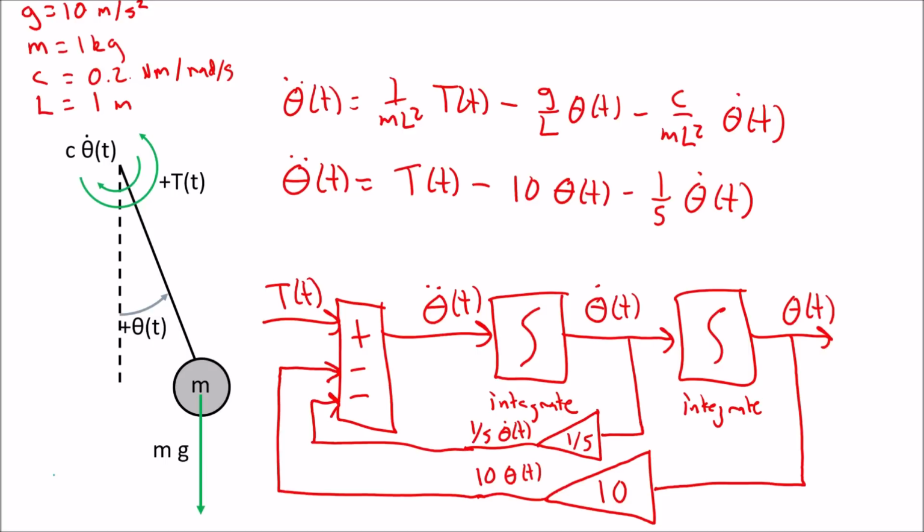Now, while we were able to get some good results using this model, this approach should have raised some red flags, especially to those of you with a software development background. Namely, we hard-coded these constants into the model. So if we want to go back and change parameters of the model, like the length or mass of the pendulum, it would involve hunting through the Simulink model and replacing all the appropriate values in the various blocks scattered